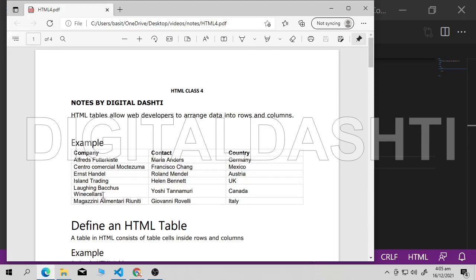They are also present in rows. So what we have to do is create multiple rows, and inside those rows we have to define our headings and table content. Let me show you how you can make this kind of table in HTML.